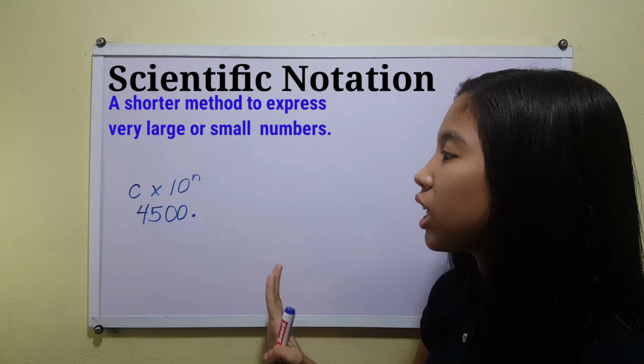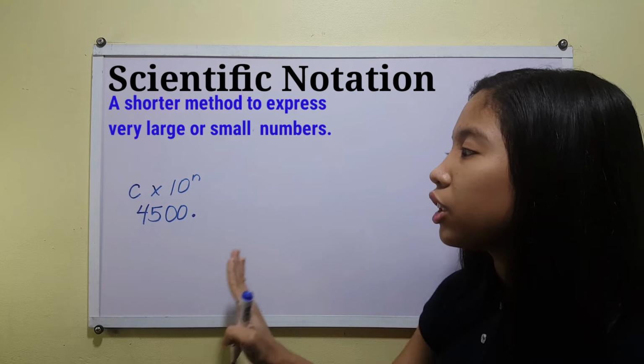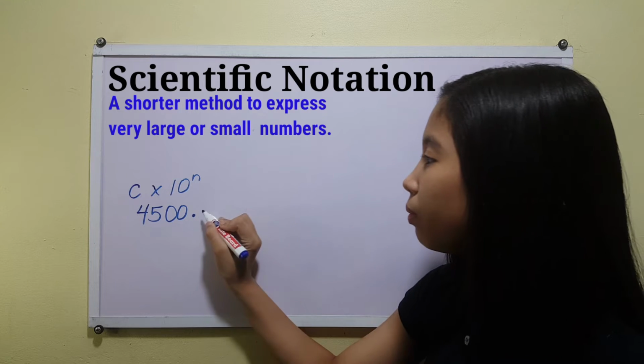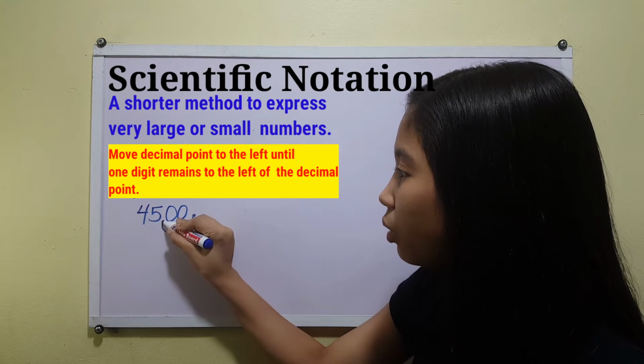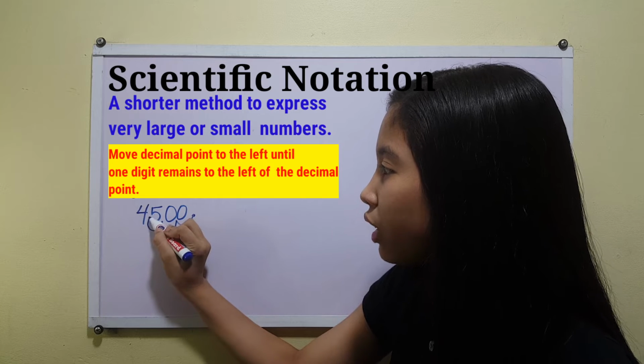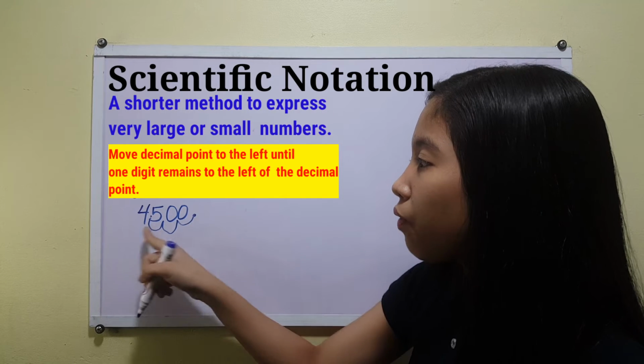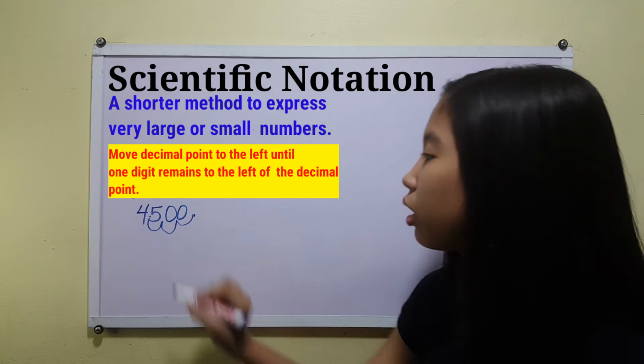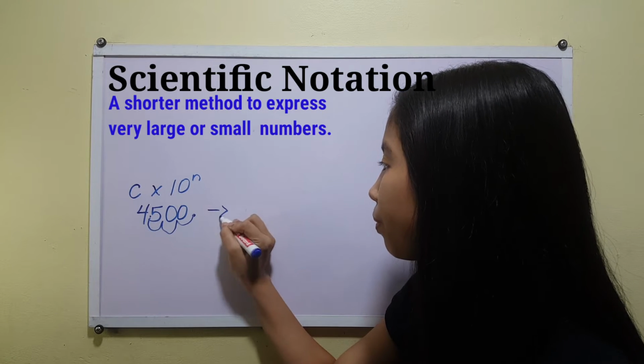So we are going to move the decimal point to the left until there's only one remaining digit to the left of the decimal point. So we have 1, 2, 3. So we are going to stop here because 4 is the only remaining digit to the left of our decimal point. So we have